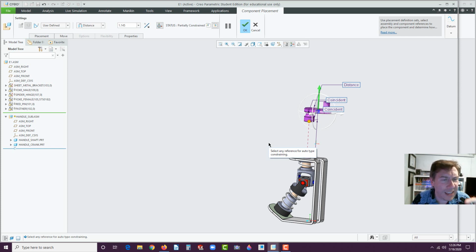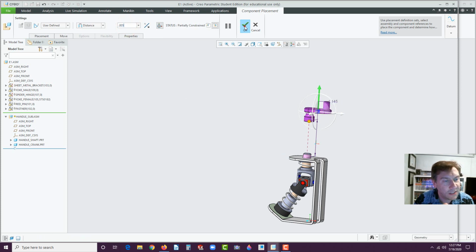Now, remember, when you design things, there are, by default, distance gaps on almost everything. Very rarely do you design coincident, like line to line. A pin diameter should never be the same size as a hole, especially with steel or metals. It's not going to work. With plastic, sometimes you could get away with it if it's flexible and thin, but you should always design with the tolerance built in. So here, let's put in